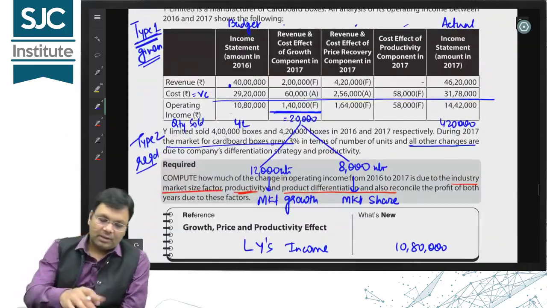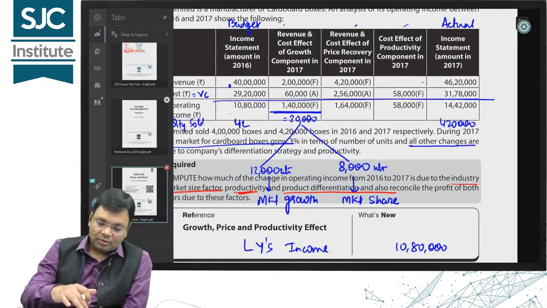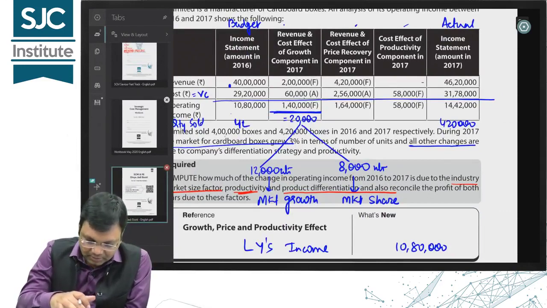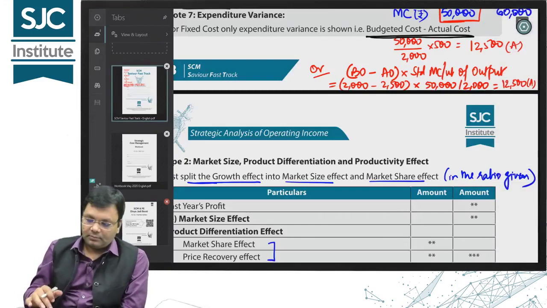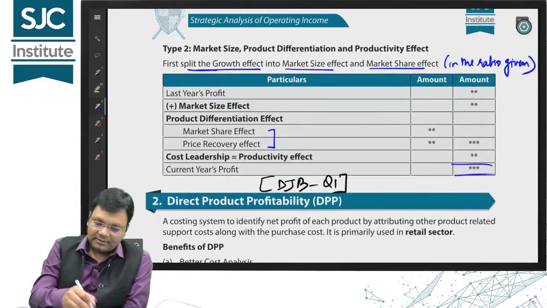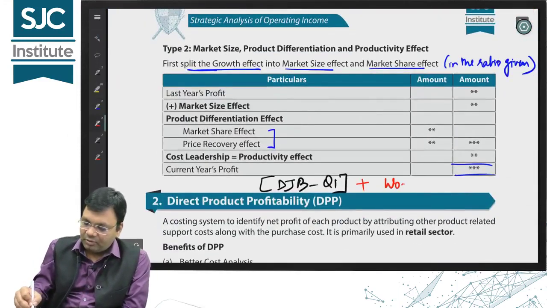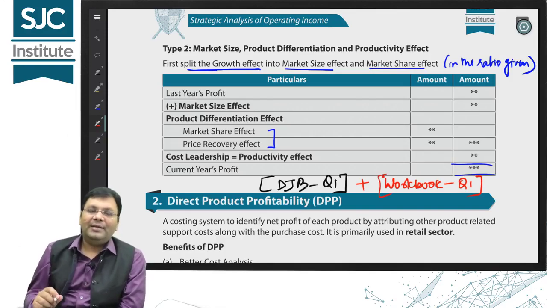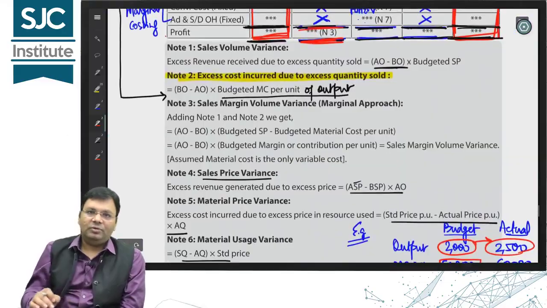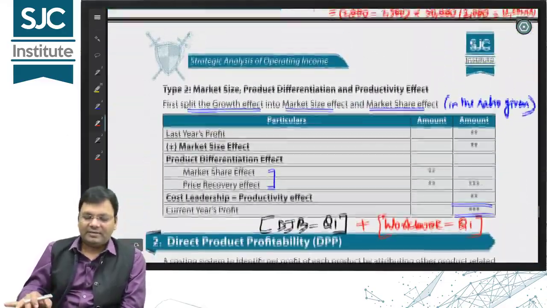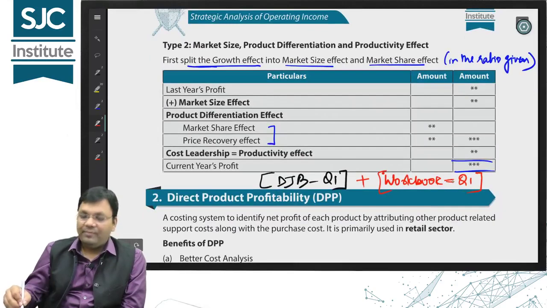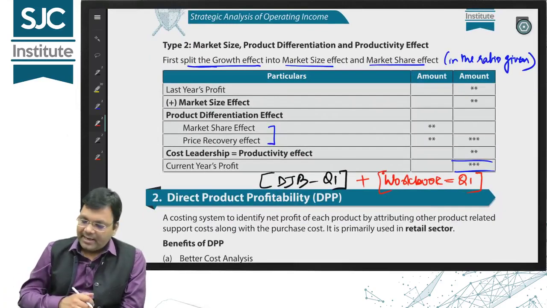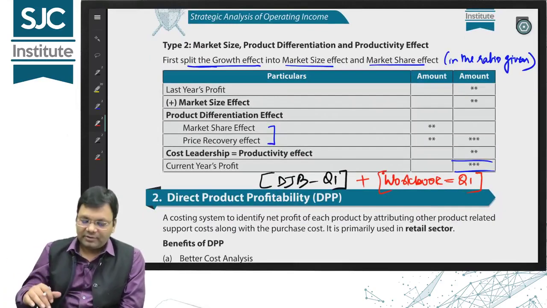Question 1 is over. Your homework is workbook question 1. So I am also writing here that you have to solve workbook question 1. In that workbook question, you will have to do type 1 as well as type 2, and that type 1 will also require all this variance computation. So do it carefully. If you have any queries, you can ask me. Workbook question 1 will help you to practice the variety, and DJB question 1 is the exam type question.